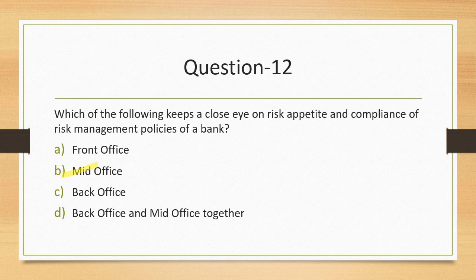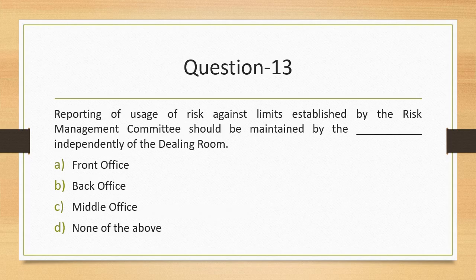And this segregation of front office, middle office and back office also reduces operational risk in the banking procedures. Reporting of uses of risk against limits established by the risk management committee should be maintained by the back office of the dealing room, right? So the answer would be back office for this particular question, right? So this is something where you are reporting the limits established, and the data and the records have to be